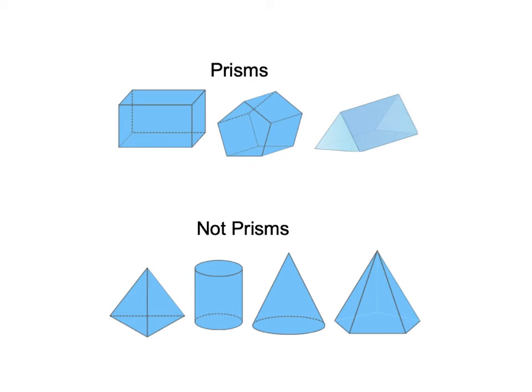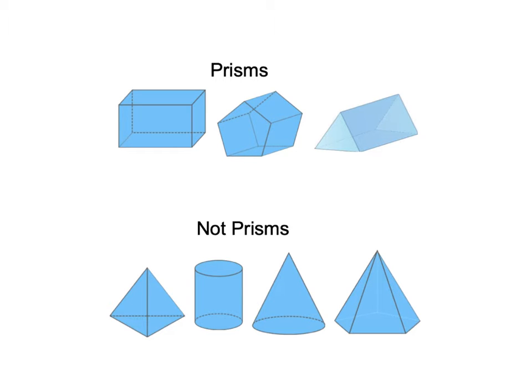In this unit, we're going to be looking at prisms and shapes that are not prisms. So let's look at the difference between what a prism is as opposed to what not a prism is. Hopefully you can see one big difference, that most of the non-prisms shown come to a point at the top. So to be a prism, there has to be kind of a front and a back that are identical, or